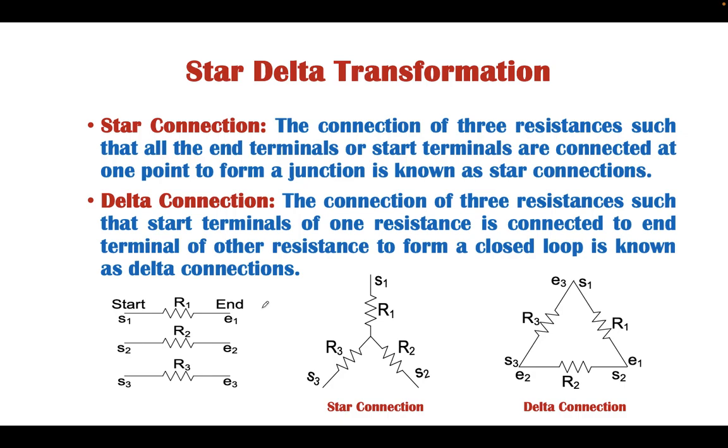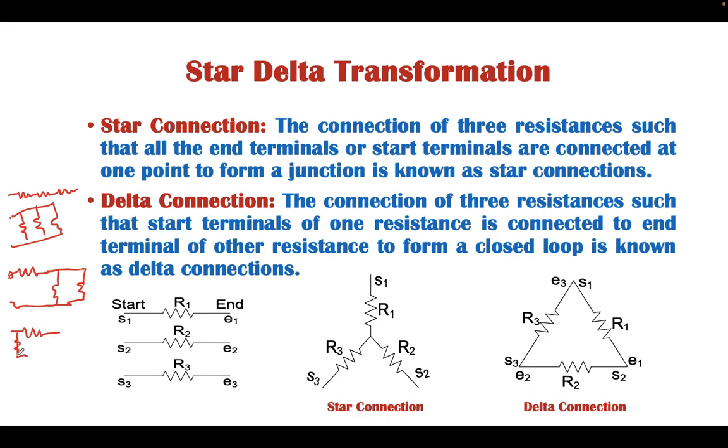Now another network solving technique is star delta transformation. In an electrical system, as we know, the elements may be connected in series, they may be connected in parallel, and sometimes there is a series parallel combination. We can have two elements in parallel, whereas the third element is in series with the parallel combination of these two. But there is a situation when the connection is such that the elements are neither in series nor in parallel. In that case, how can we solve this network?